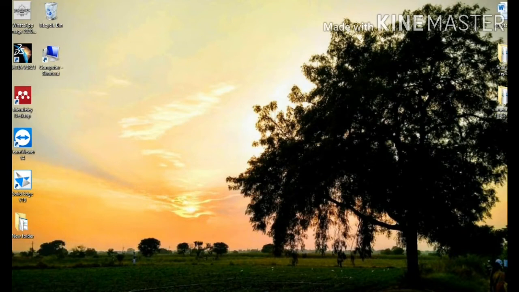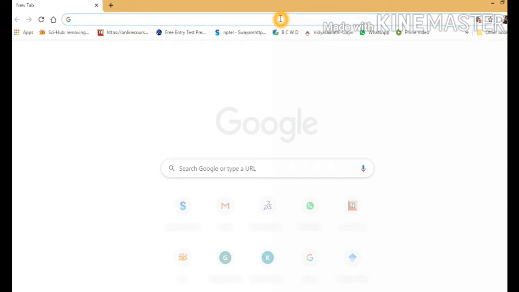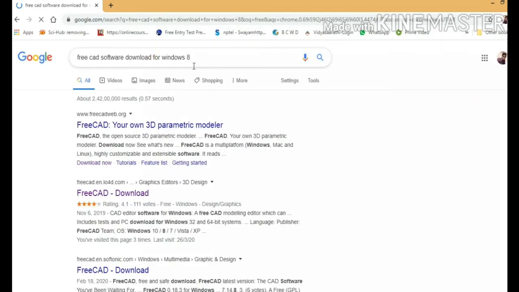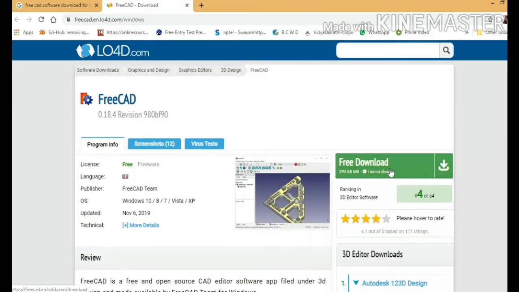First you open Chrome. In Google, just search FreeCAD software for Windows. Then you will get this FreeCAD download link. Just right click and open in new tab. Here is the download link. Just click on it.